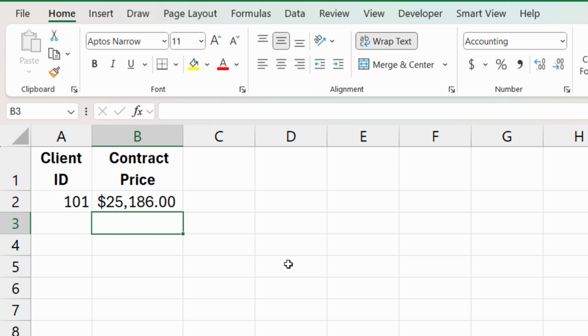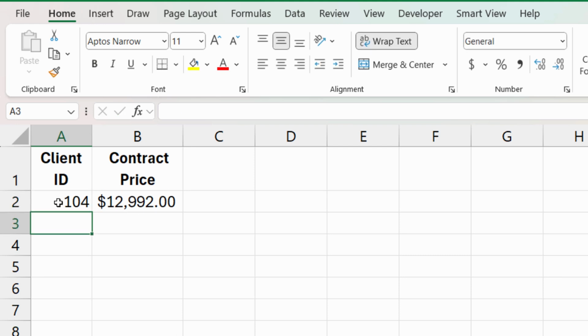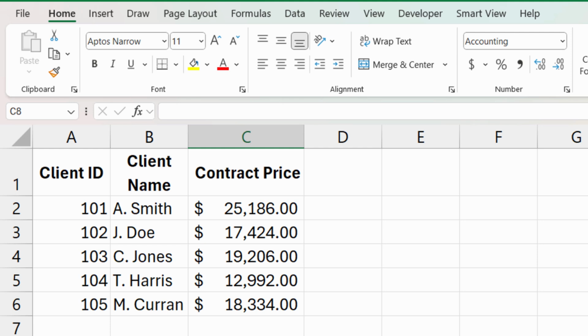All right, let's test this out. I'm going to go ahead and change this 101 to maybe 104 and see what happens. I'll go ahead and hit enter. And now you see the contract price is $12,992. I'm going to go to client data here and 104, which is T. Harris. Yes, that's right,